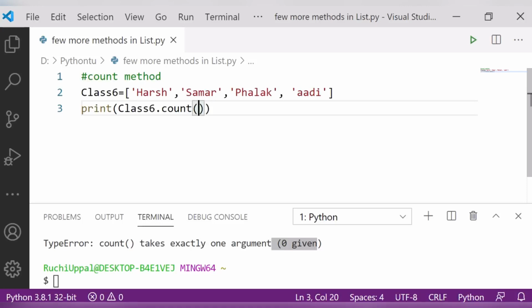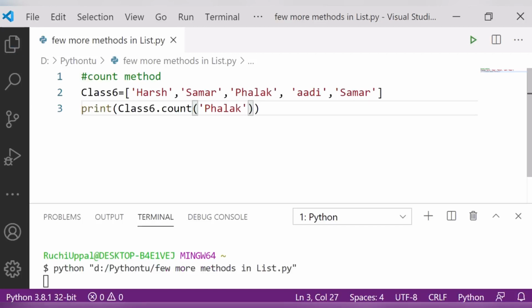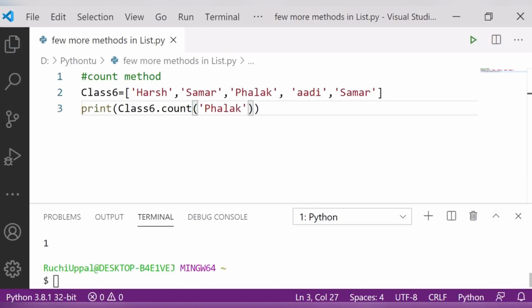Clear? So let me repeat one more name here, suppose I am repeating one name, that is Summer. And now here I want to count Falak. It will tell me how many Falak are there in my list. There is only one Falak, so of this particular name I have only one child in my class.